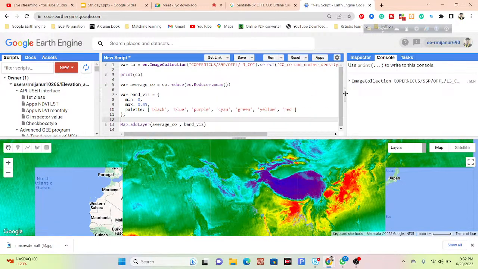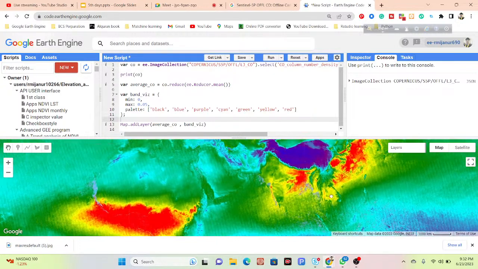So mainly red color identifies the high density of the nitrogen dioxide, sorry, carbon monoxide, okay, for this high